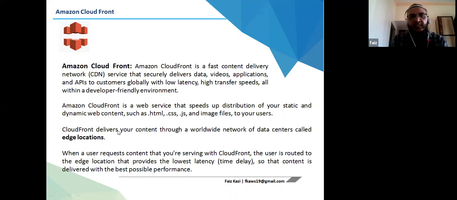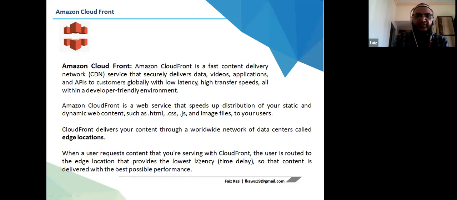CloudFront delivers your content through a worldwide network of data centers called edge locations. You saw how many, 254 edge locations, there are across the globe for AWS. So when a user requests content that you are serving with CloudFront, the user is routed to the edge location that provides the lowest latency so that the content is delivered with the best possible performance.